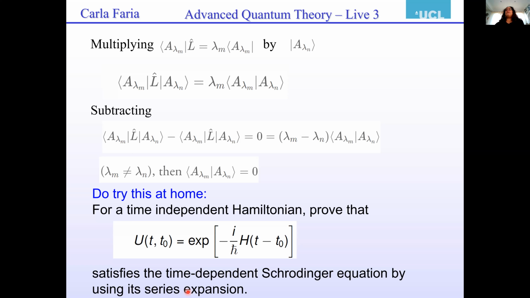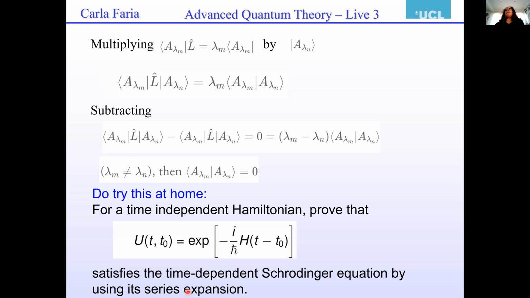Then you get this and you multiply by the bra <λ_m| from the left. Gives you this, correct? So we have this inner product here, and coming back to this, we have now this other expression which we derived when we took the Hermitian conjugates. We can multiply by |λ_n> from the right. Note that this eigenvalue is different. We are assuming that λ_m is different from λ_n. So you get this. We're using hermiticity here because this expression can only be written in this way because L is equal to L†, and λ_m complex conjugate is equal to λ_m because they're real. So you subtract both,